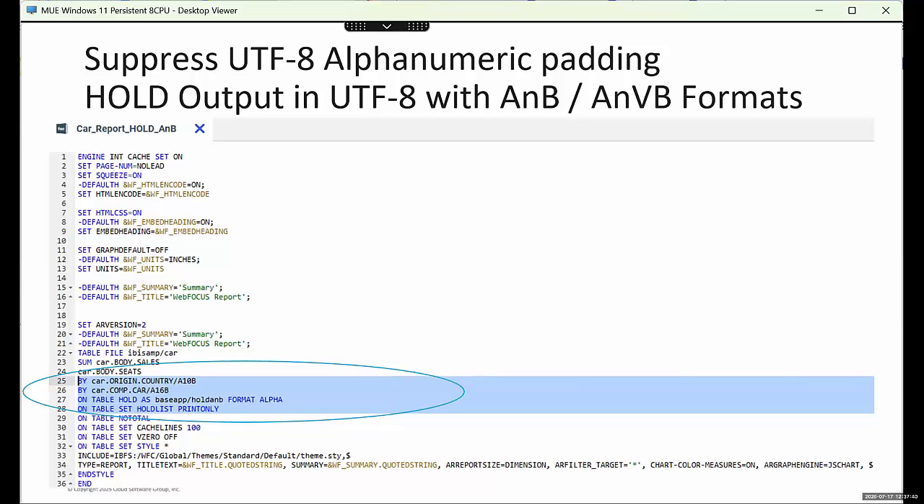So you can see country/A10B, and then for car, A16B. And I'm holding this as an ANB file name, format alpha. And I did hold list print only because I'm going to have the implicit fields from the original fields and then the reformatted fields. And I only want the reformatted fields in the request and the extract. So I did hold list print only. When I run that,